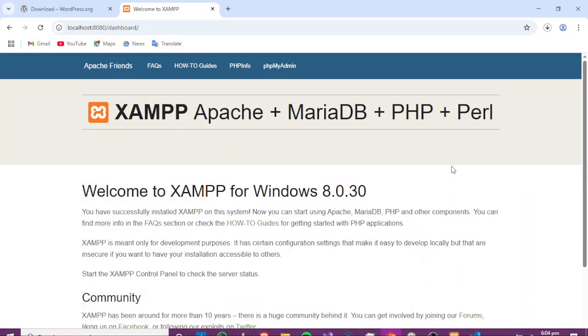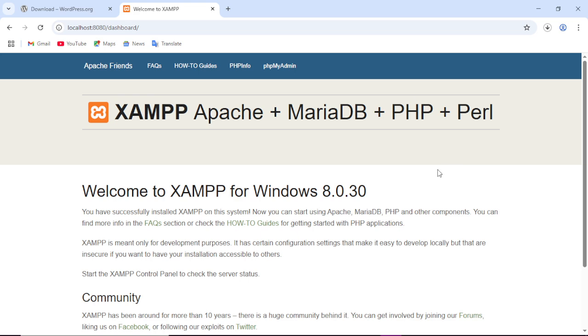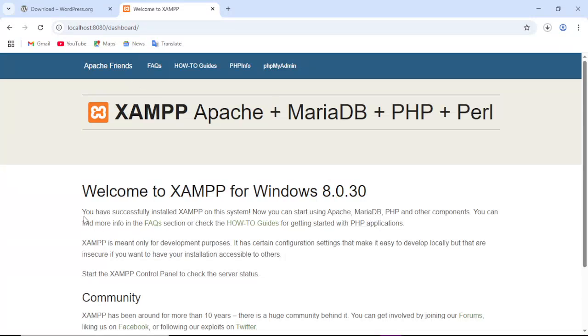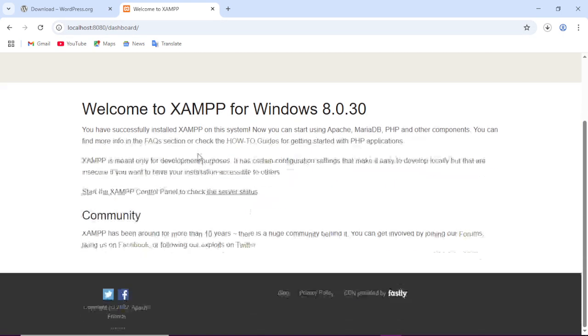Okay, guys, so let's go ahead and install WordPress locally on our system. My Apache port was having a conflict, so I had to reconfigure the port on another port. But it's all fixed up now. So to install WordPress